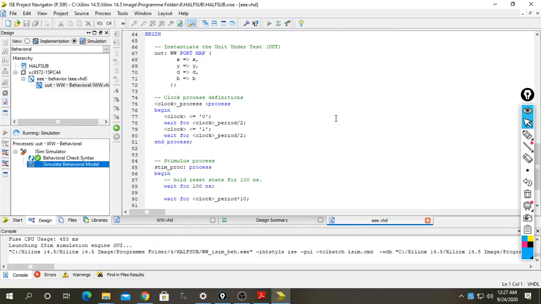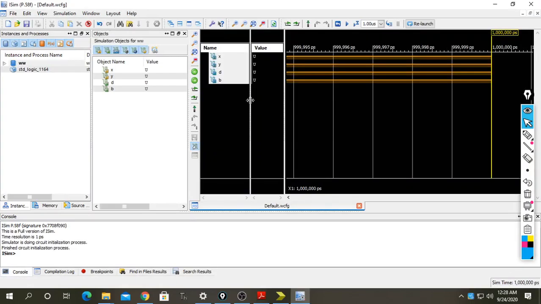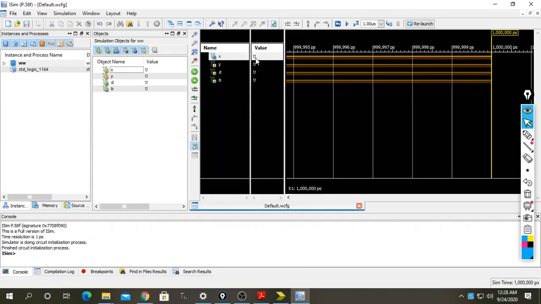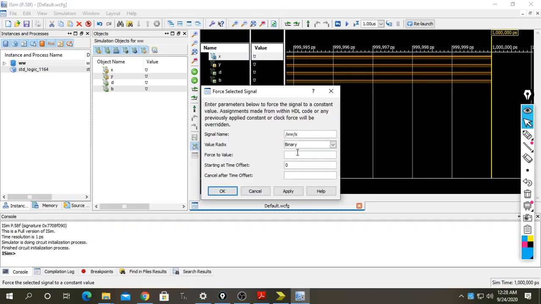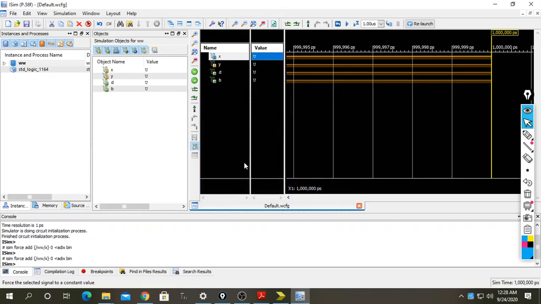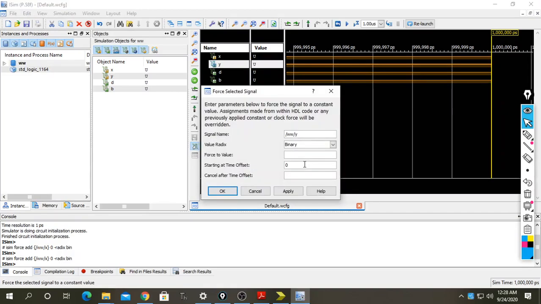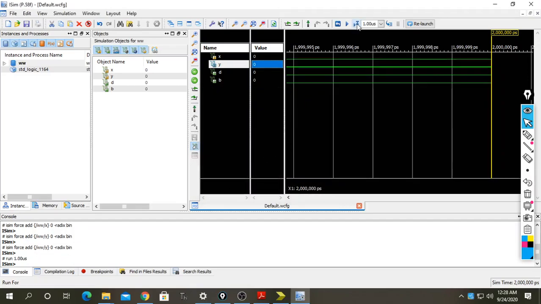Another window will appear, and in this window you have to select your input. What would be your input? Your input would be 0 or 1. I am providing 0 and applying. Again, for the other input, I provide 0 and apply. So here my input is 0, 0. Then I run my program.